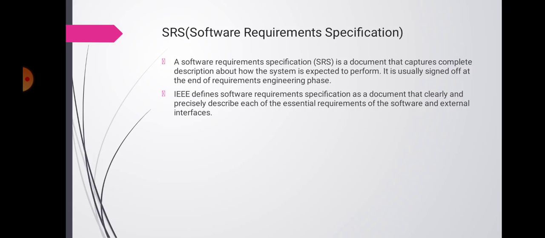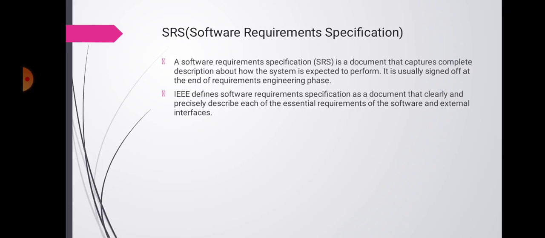The software requirement document, sometimes called the software requirement specification or SRS, is an official statement of what the system developers should implement, and it should include both the users' requirements for the system and the detailed specification of the system requirements. It is the requirement specification for a software system and shows a complete description of the behavior of the system to be developed, and may include a set of use cases that describe the interactions the users will have